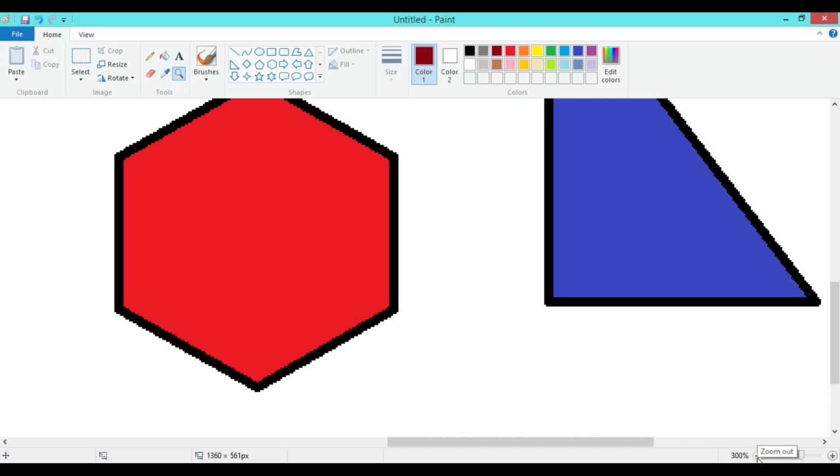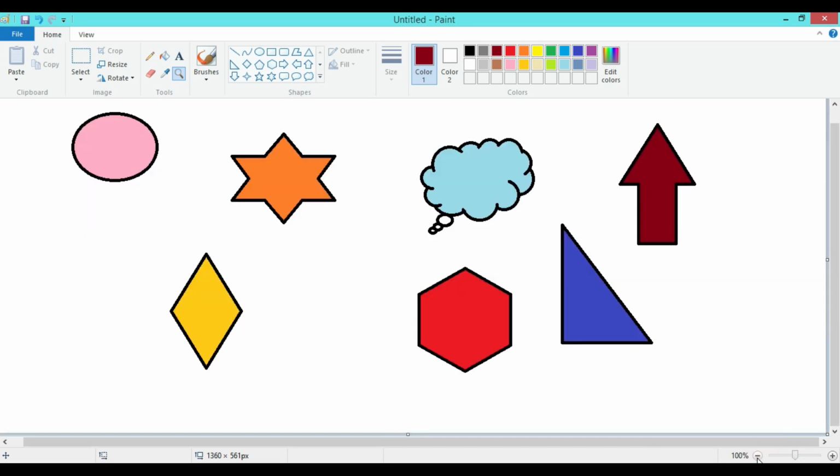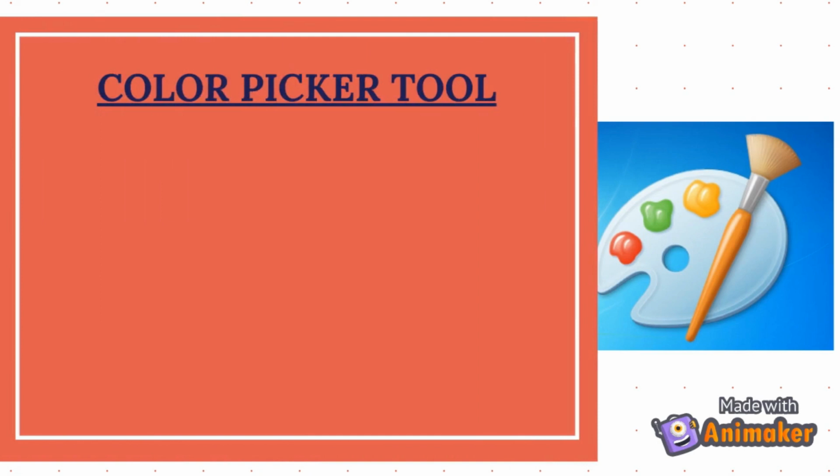You can also zoom in or zoom out your drawing using the plus and the minus icon present in the slider at the bottom right corner. So this is your magnifier tool present under the Home tab in the Tools group that we can use to view the magnified view of our drawing.